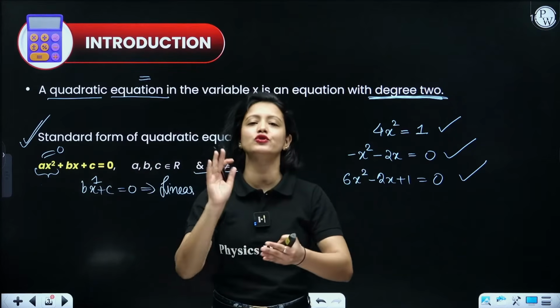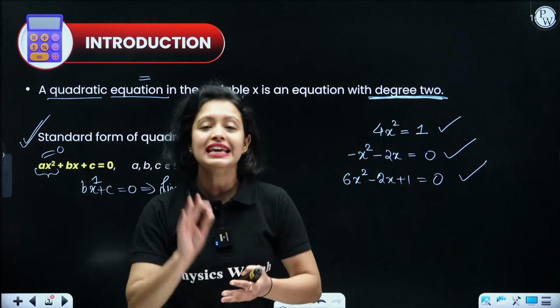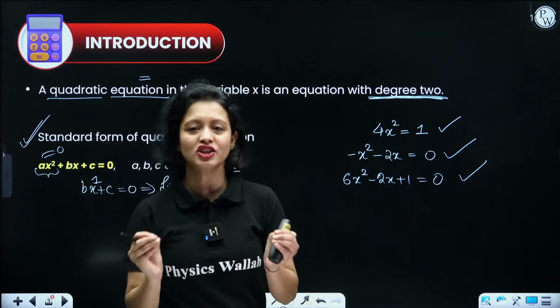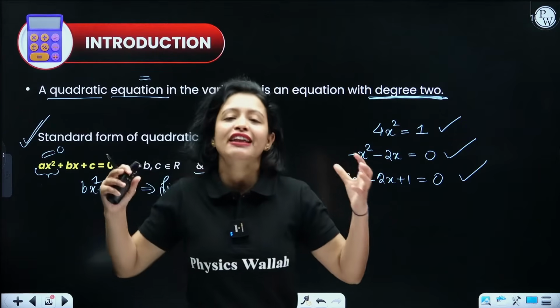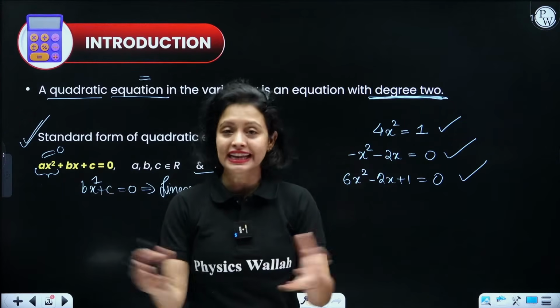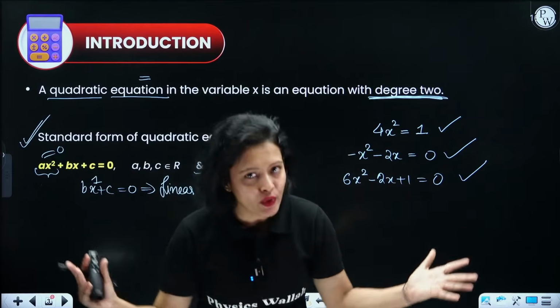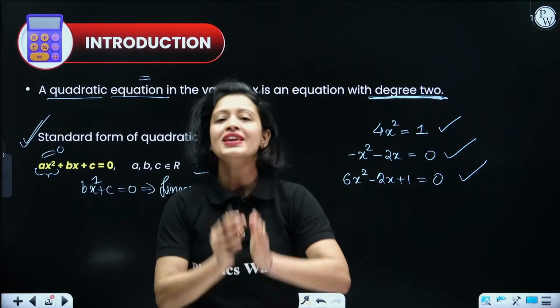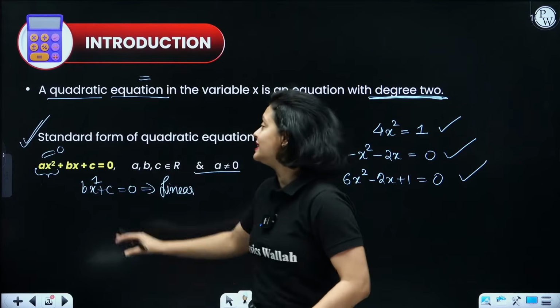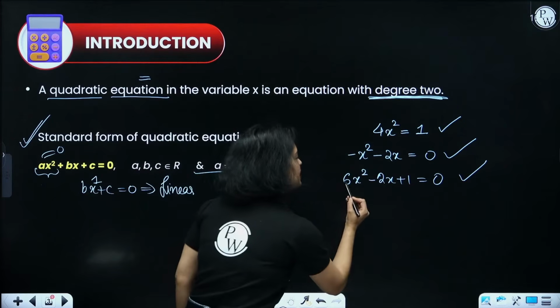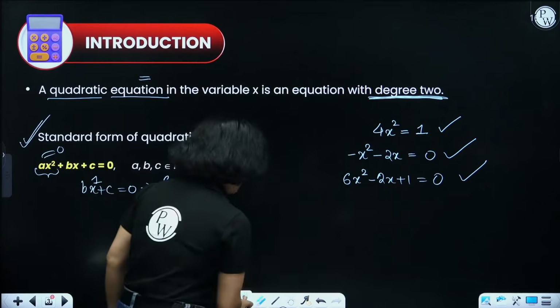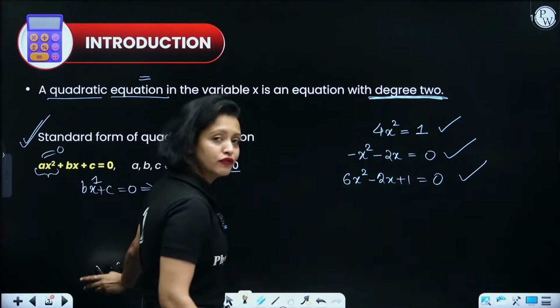Okay? So this is the standard form, ax square plus bx plus c is equal to 0. So whenever you have to check whether any equation is quadratic or not, make sure to first simplify it. Simplify means check whether there are like terms in it, you will evaluate all the like terms together and you will write the entire thing in this form. So let's see. For example, here 6x square minus 2x plus 1. You can see that this is already in standard form, right?